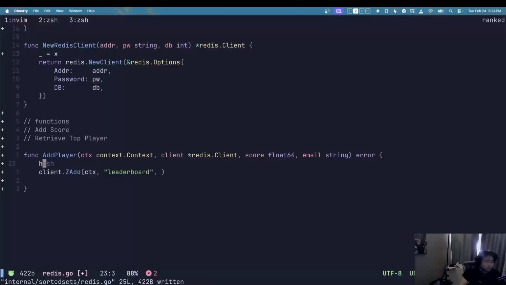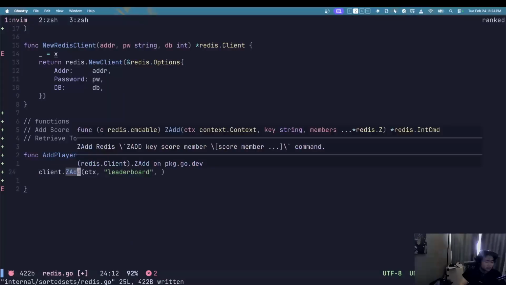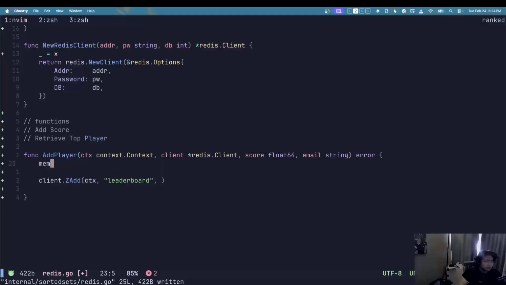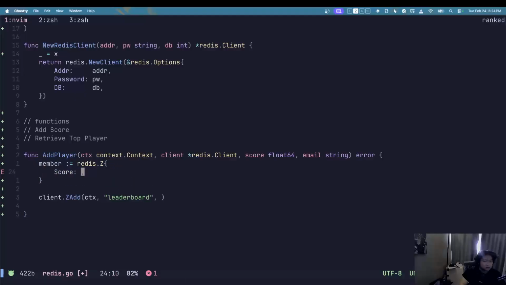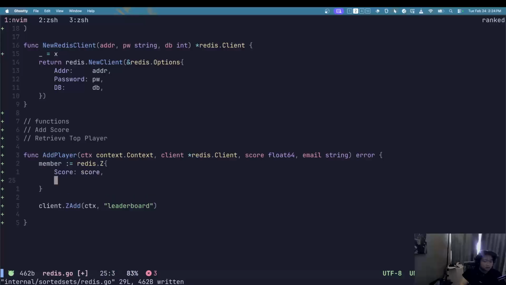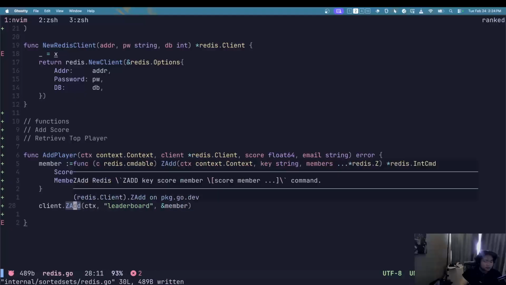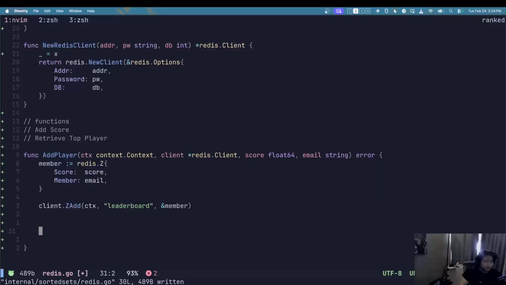Well, okay. When it says to add, it says to put the member. So let's do that. Member. Redis.z. The score is obviously score. And then the member is just an email. And then we put the member. Is it pointer? Yeah, okay. Then